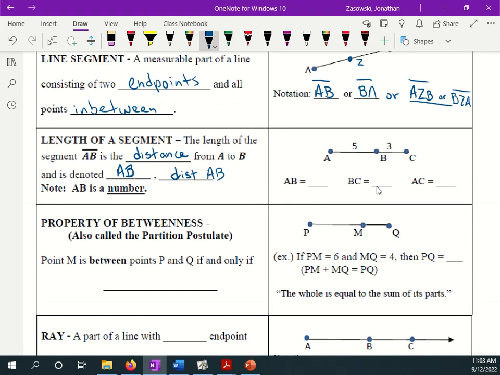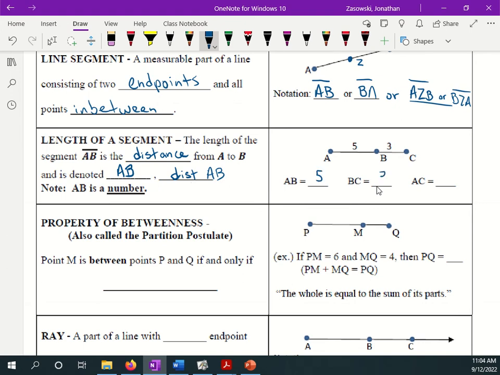Remember, it's the numerical measurement. So when I put a hat on top of the letters, that means it's the line I can physically draw, okay? That is a line segment. That is a distance. How long is it when you actually measure, okay? One's a number, one's the actual physical segment. It's like a toothpick you could pick up, okay? So if the length of AB as we look at it would be,